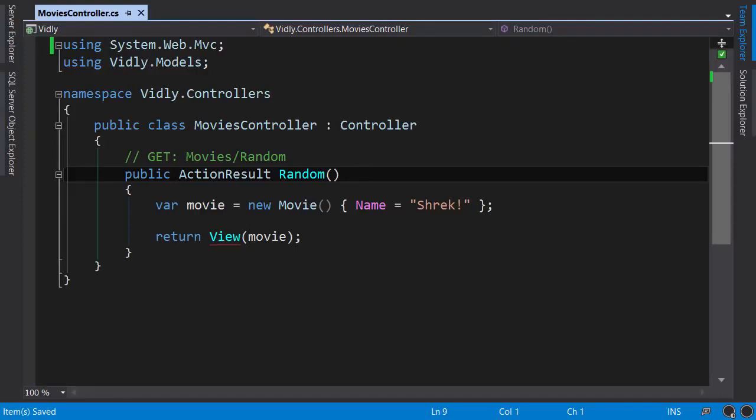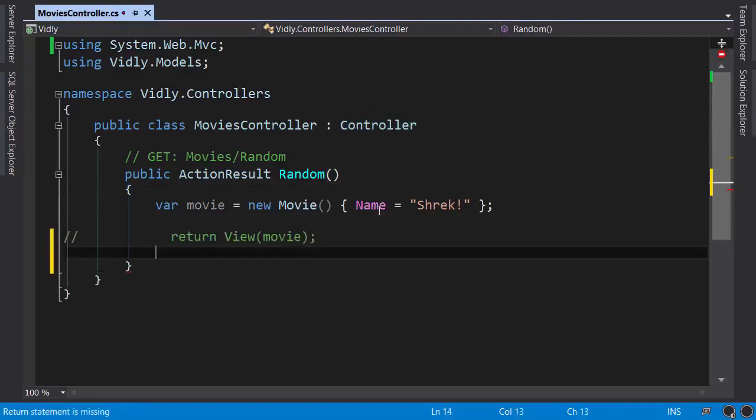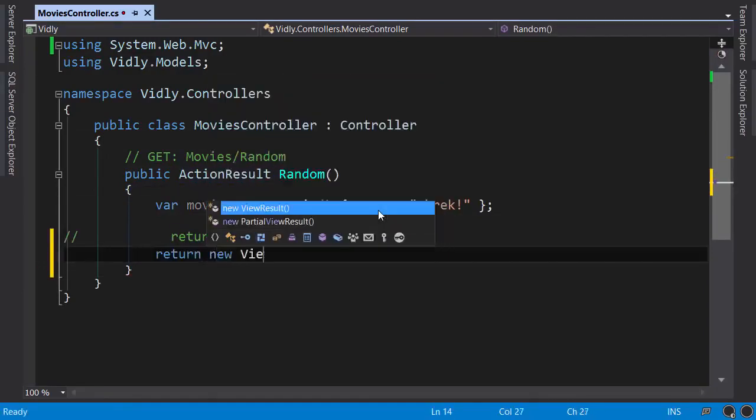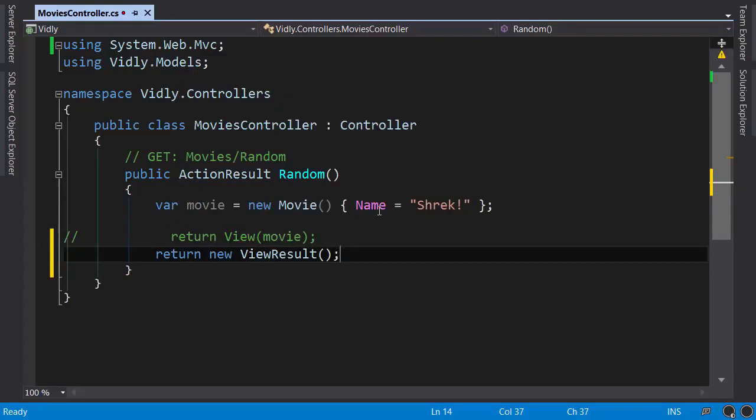In our random action, we're calling this view method here, which is just a helper method inherited from the base controller class. This method allows us to quickly create a view result. Alternatively, we can return a view result like this. Return new view result. You can see that it's easier to just call the view method, and this approach is way more common amongst